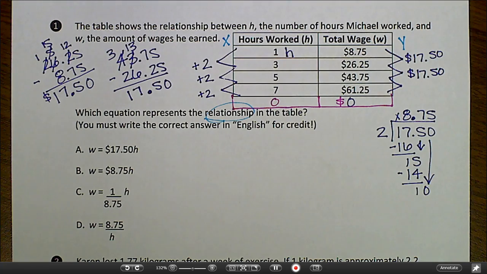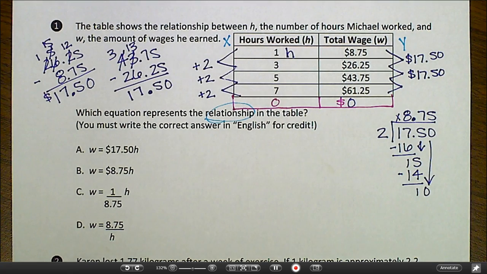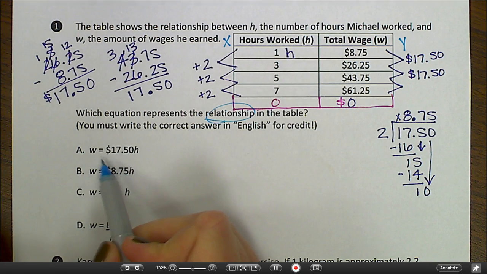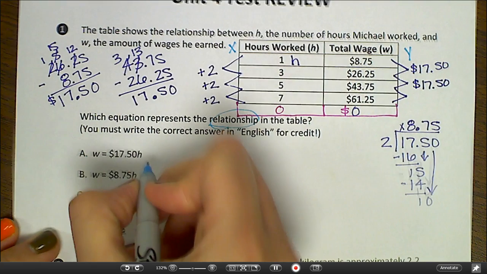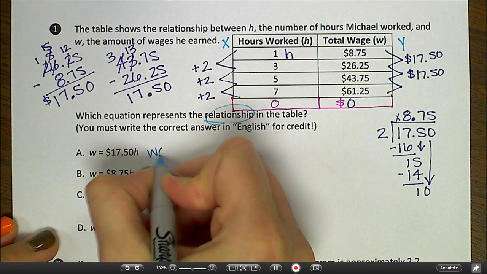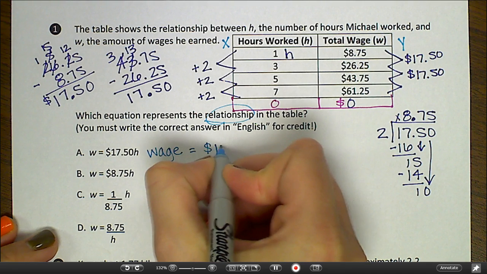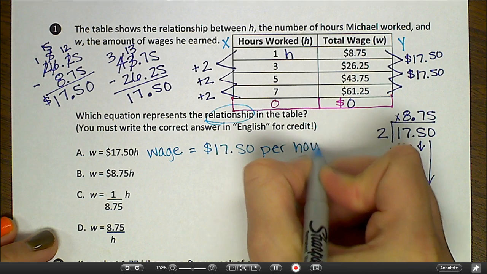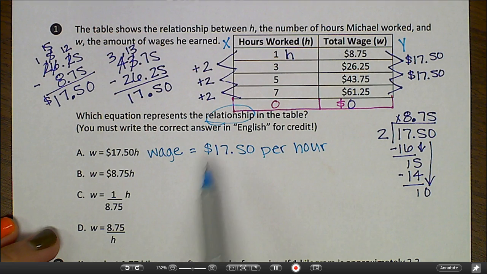So which one of these makes the most sense? He makes $8.75 per hour. Well, this one says that his wages, I'm going to go ahead and write all of these out in English. So wage equals $17.50 per hour. Well, this is a trick answer because they're hoping that we're going to pick this and forget